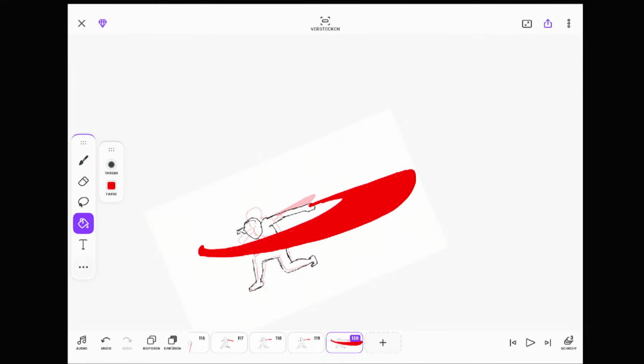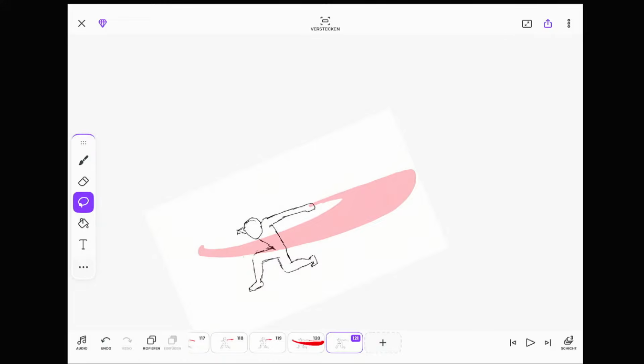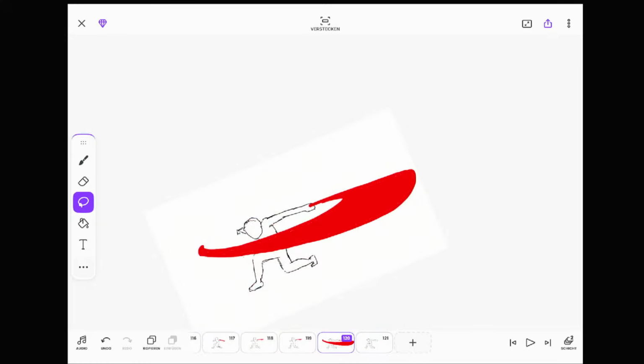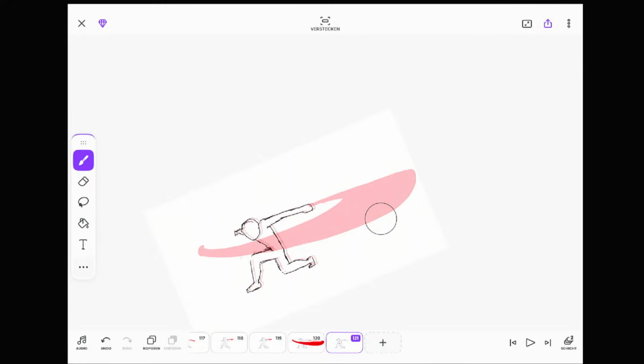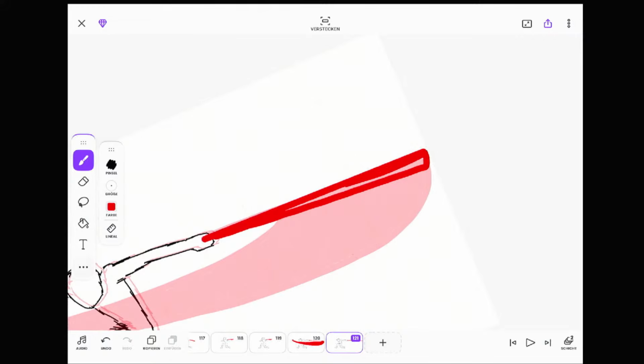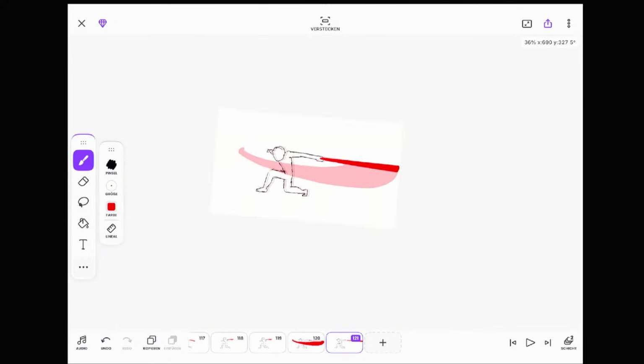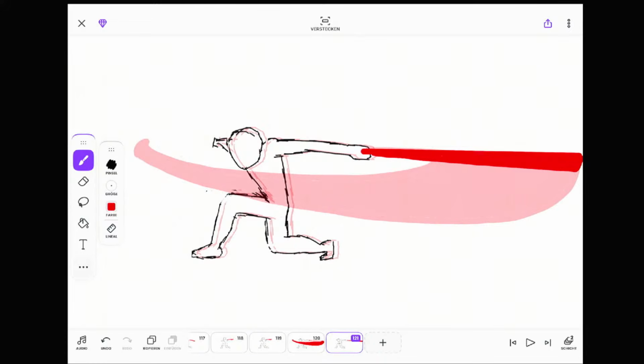Further. Okay, and that's it. Let's see.